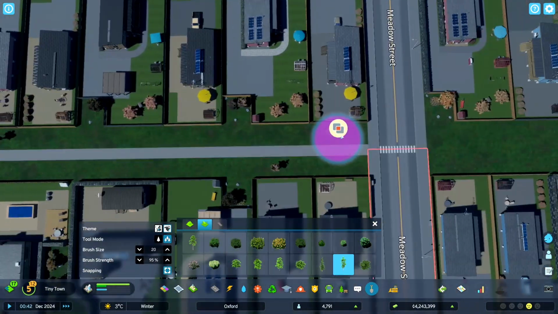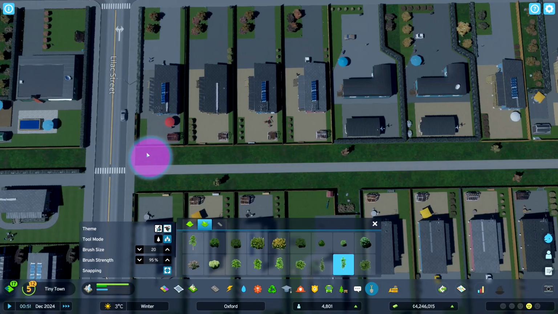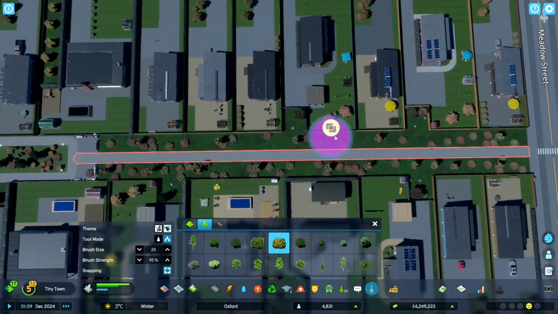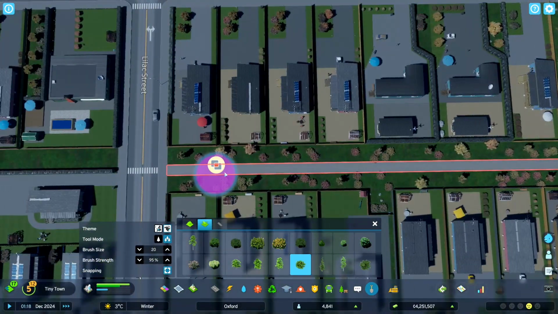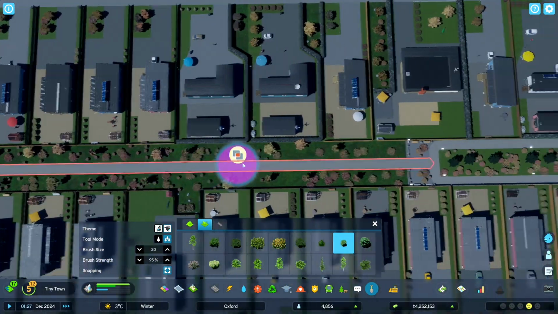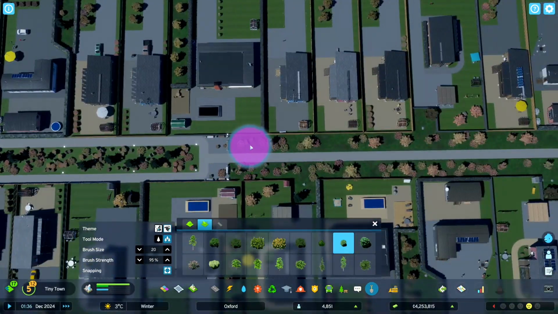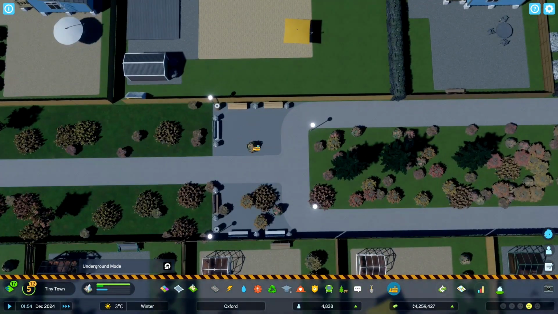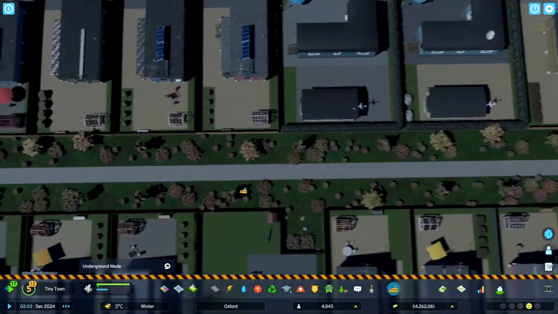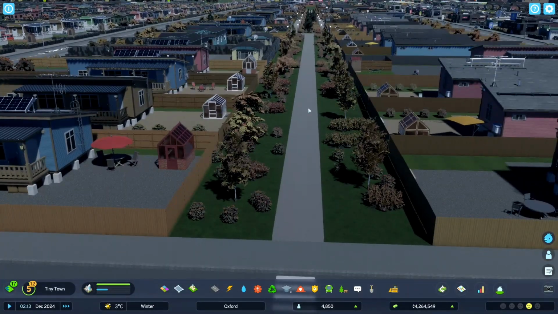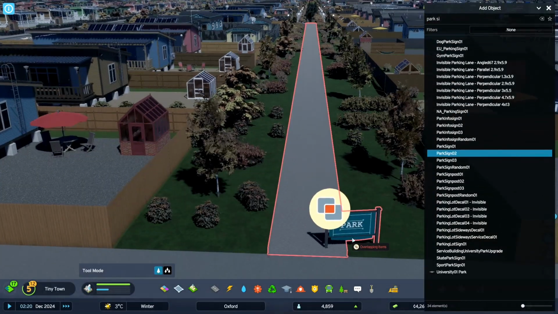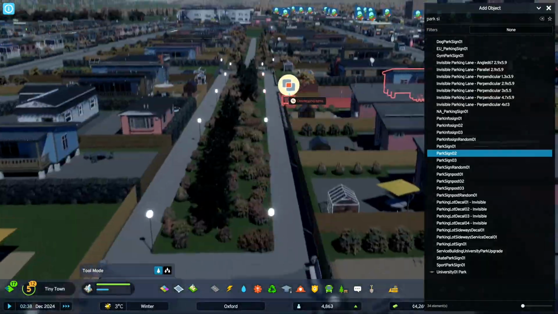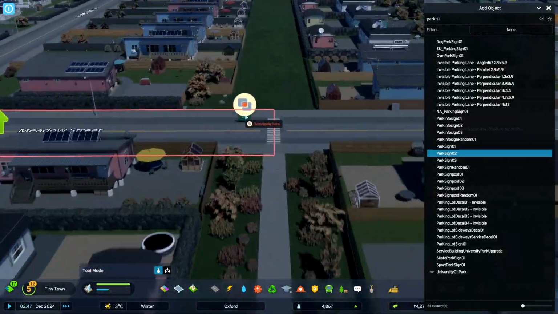So again, lots of trees populating these lines here, either side of the long entrances to the park. Again, not really a fan of placing them down individually. I find it then ends up too symmetrical. So much nicer just to use the grouping tool. So we can see all the way along the path. Maybe a couple of signs either side. That's probably all that we need to do.